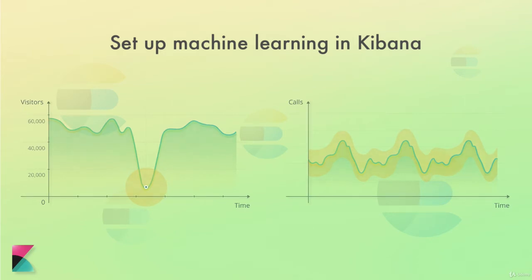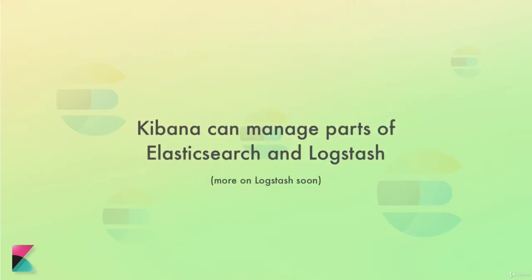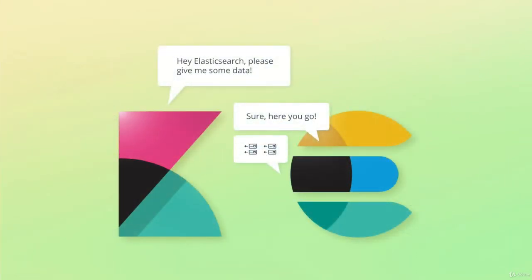Kibana also provides an interface to manage certain parts of Elasticsearch, such as authentication and authorization. Generally speaking, you can think of Kibana as a web interface to the data that's stored within Elasticsearch. It uses the data from Elasticsearch and basically just sends queries using the same REST API that I previously mentioned. It just provides an interface for building those queries and lets you configure how to display the results. This can save you a lot of time because you don't have to implement all of this yourself.